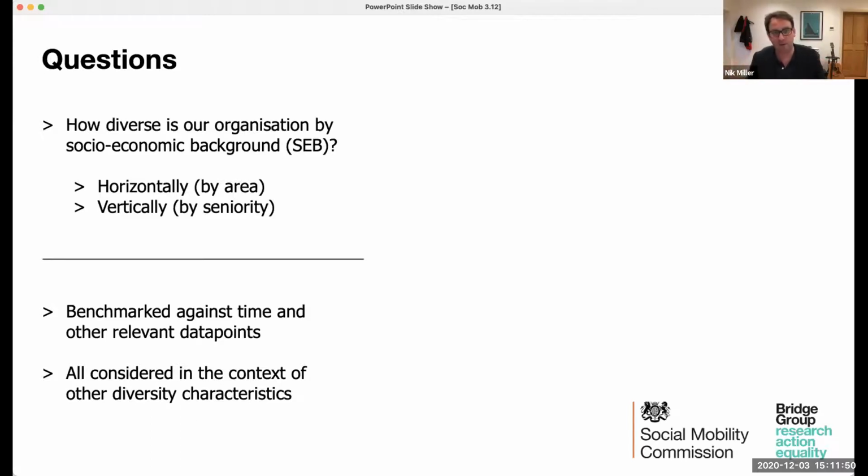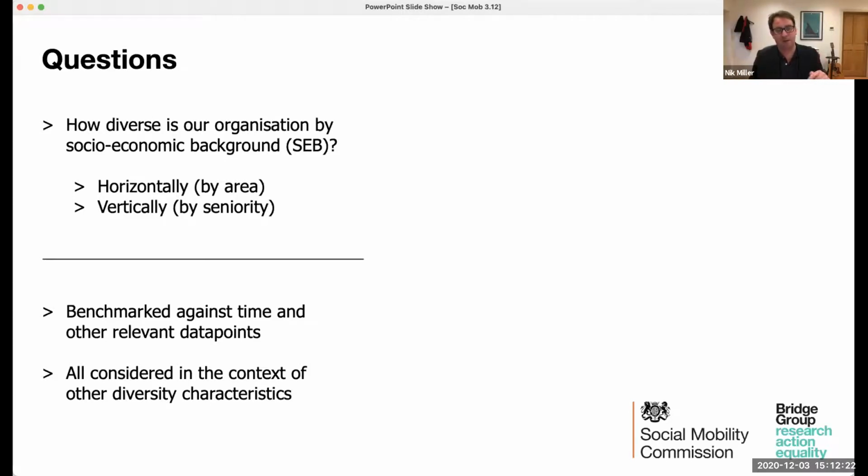So Andrew, I don't know if you had a chance to talk about the difference at the BBC, for example, in something like commissioning compared to those working in more administrative roles in the regions, for example, and also vertically by seniority. We see the same patterning with socioeconomic background data that most of us are used to seeing in relation to diversity data relating to gender or race. Or disability, as you mentioned earlier. Levels of diversity decrease as seniority increases.